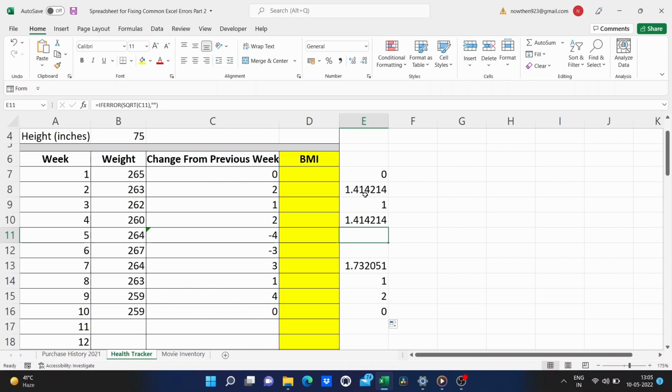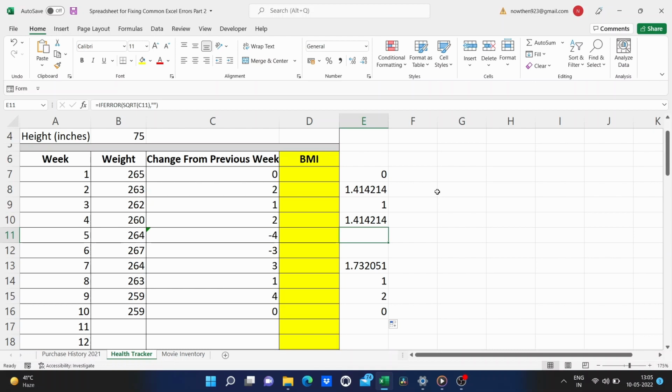Now there are other cases when you'll see the num error. It's technically possible for the num error to appear when a number is too big for Excel or too small for Excel. This rarely happens. I bet you'll never have this happen, but the biggest number that Excel can display is a number 1 with 308 zeros after it. And if you try to go higher than that, it's going to produce a num error.